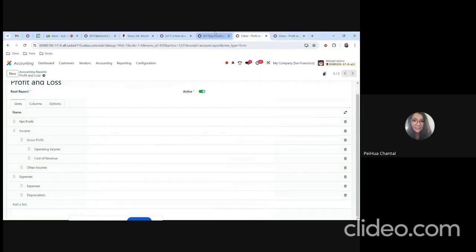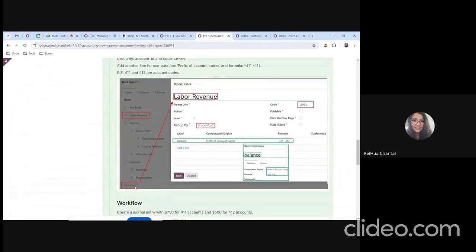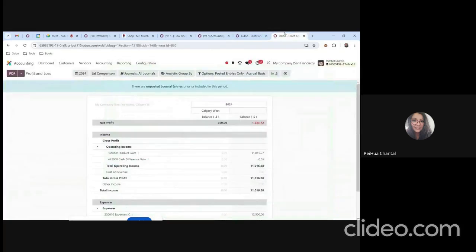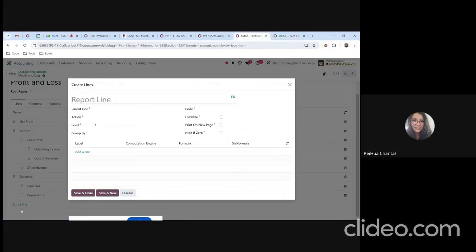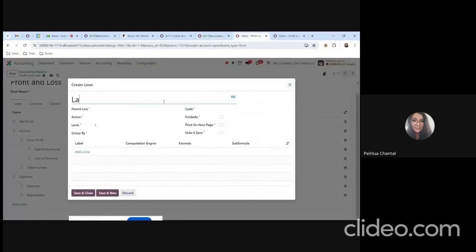accounts. Okay, so now what we're going to do is add a line at the bottom, and we're going to add the labor revenue on top of income. Again, you can be flexible and customize it the way you want. So I add a line and I call it labor revenue. Okay, and then you do need to have a code. So say,